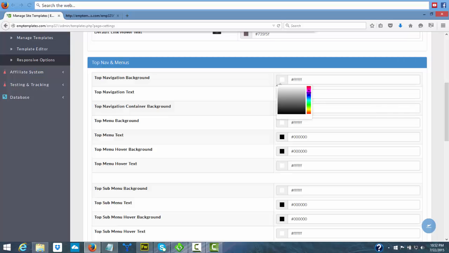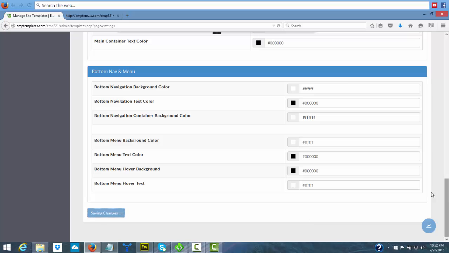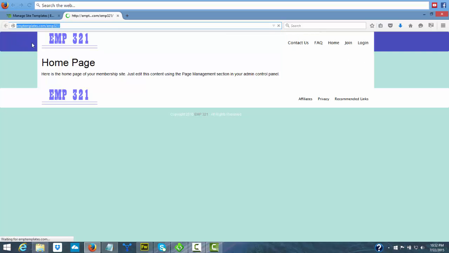So let's just say that we wanted to go with, just pick a blue color. And for now I'm just going to leave the text as it is. And we'll refresh. And you see it changes color here. Now, if you wanted to make all of this look the same color,